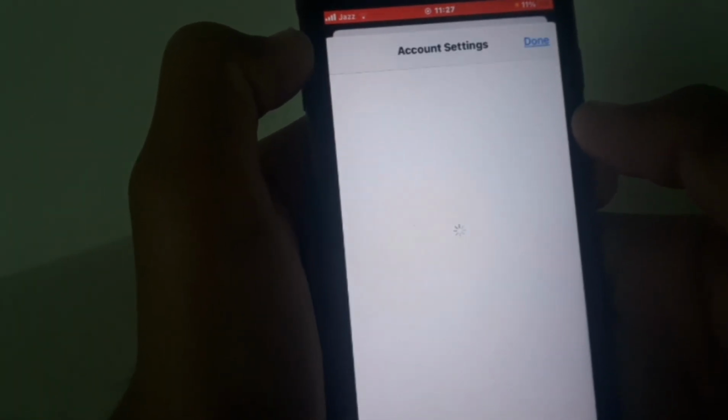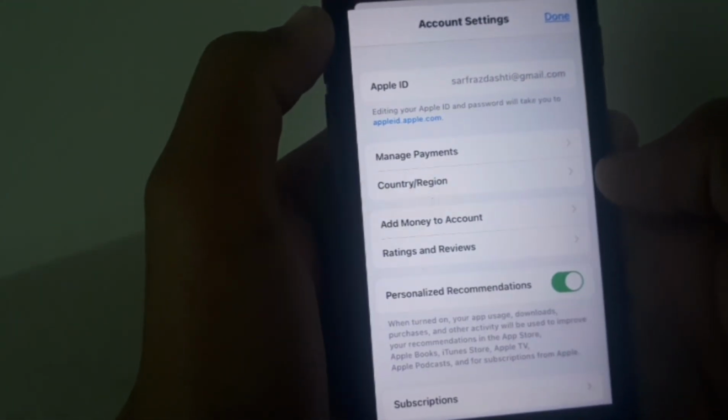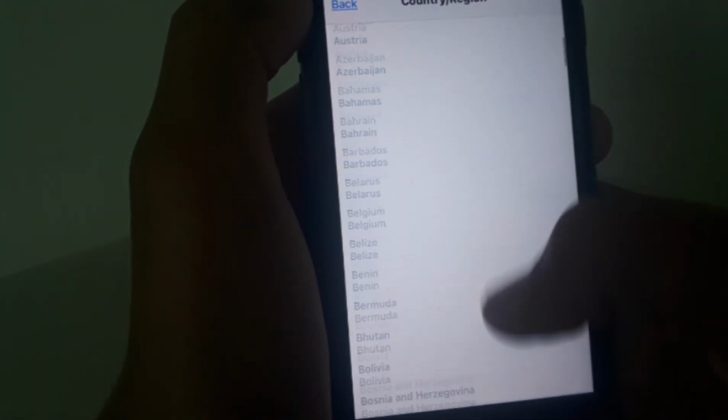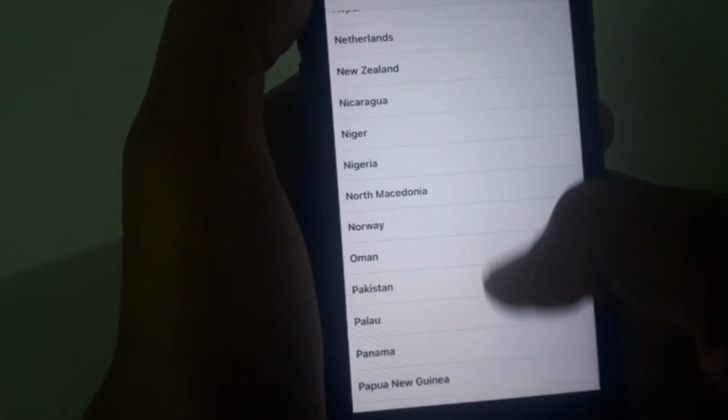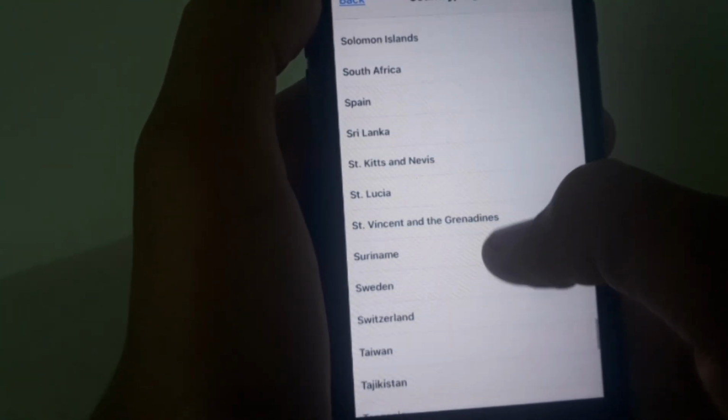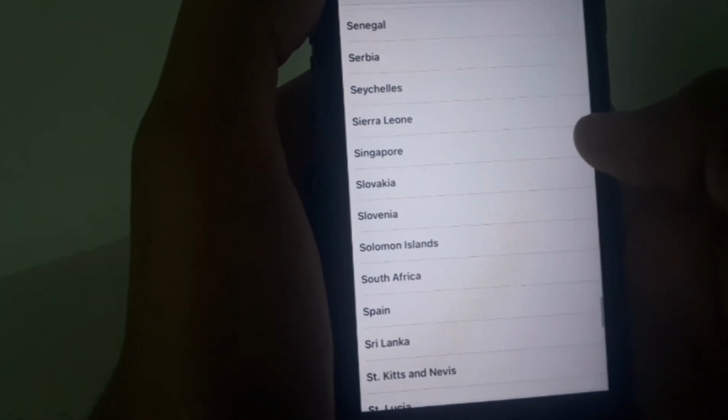And then wait for a while. As you can see guys, it's country region, so tap on this. And then tap on change country or region and then select country Singapore. As you can see guys,